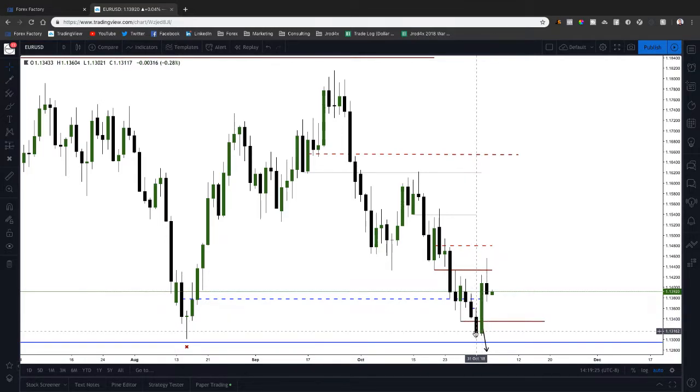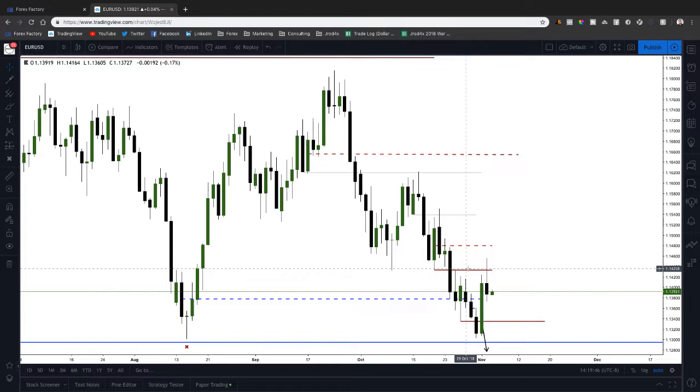So I closed at about 1.1310 or so and left about 10 pips on the table, but nonetheless I was not worried about that. We had a nice 70 pips or so on euro last week. So Thursday we did see a significant push up, and from there we ended up making a higher high.